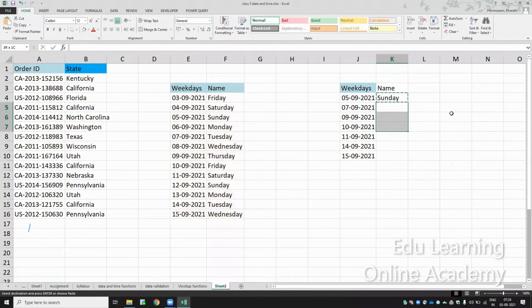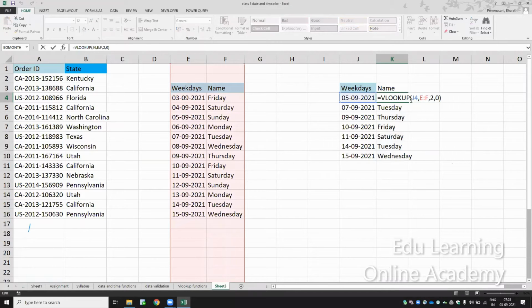So I'll just copy paste the same formula. So team, did you understand? First I have to select the lookup value. Lookup value will be here. And the table array is this one. This lookup value should always be in the first column of the table array. Okay, should be the first column of the table array. So in this table, comma, column index number: which column value do you require? First column value or the second column value?